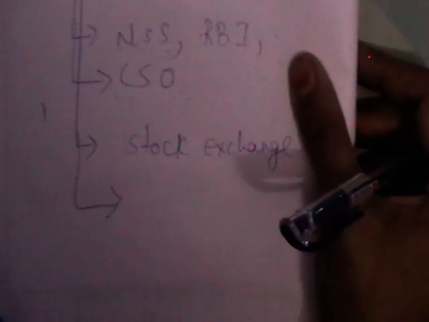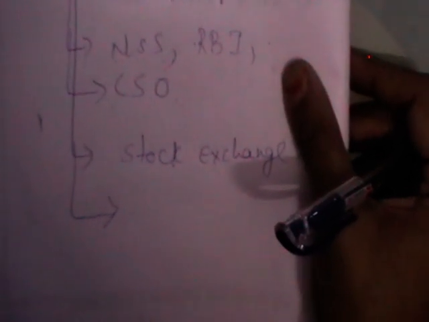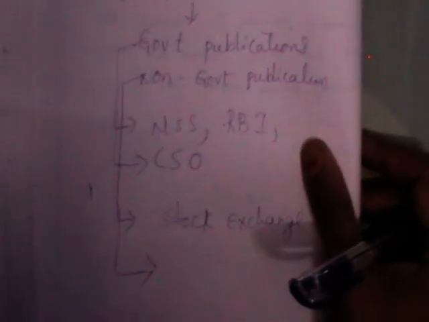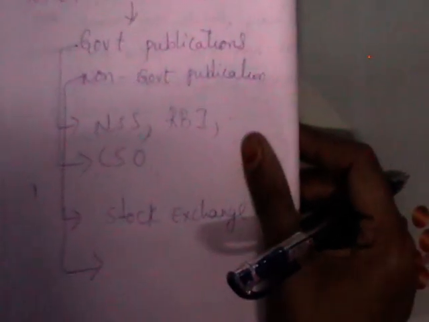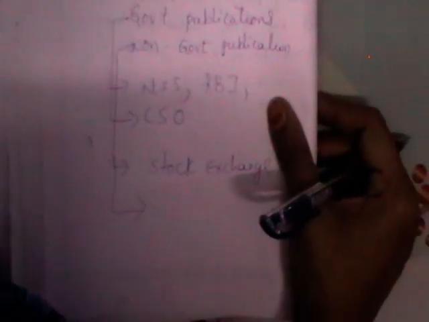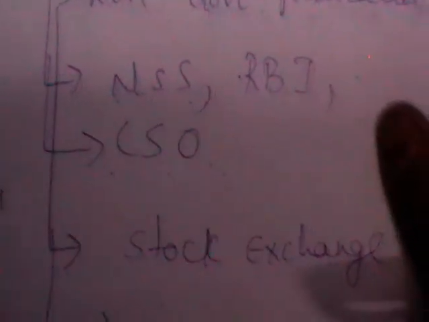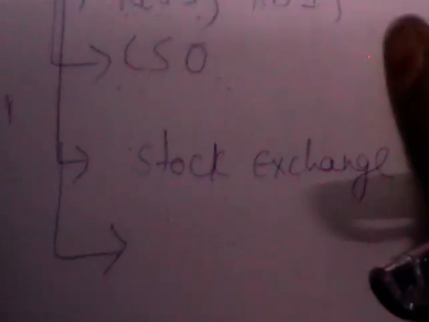So while choosing from the available collected data, when you commit a mistake, the entire survey will be misleading. Secondary data has its own advantages and disadvantages. As the data is already available to you, collection time and money is reduced. But while choosing the proper data, you should go for the correct option or the correct source. Otherwise, the entire results may mislead you. These are the advantages and disadvantages of secondary data.